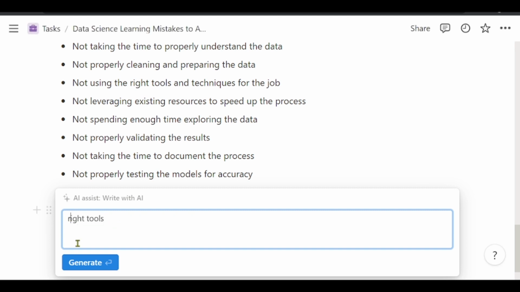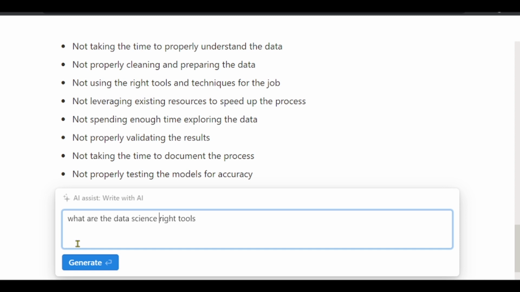What are the right tools for learning data science?